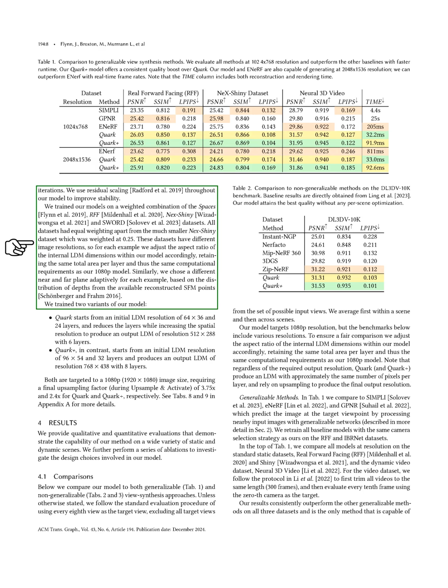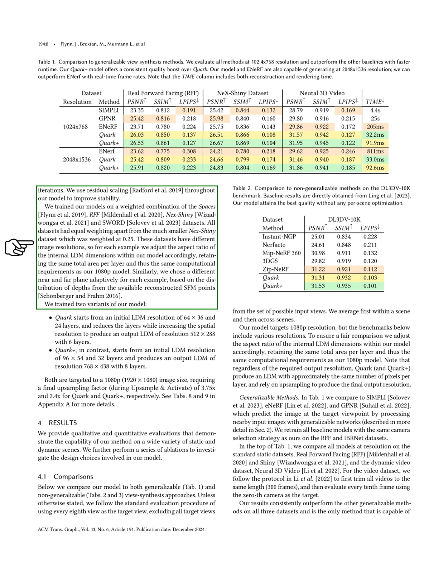We train our models using a weighted combination of several datasets, including Spaces, RFF, Next Shiny, and SWORD, with equal weighting for most datasets and a lower weight for the smaller Next Shiny dataset. Since these datasets have different image resolutions, we adjust the aspect ratio of the internal LDM dimensions accordingly, ensuring consistent computational requirements. We also adapt the near and far planes for each example based on the depth distribution from reconstructed